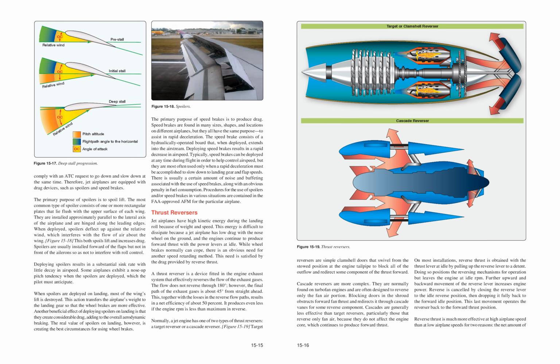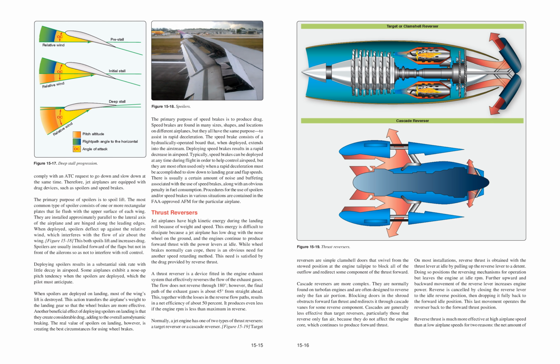Typically, speed brakes can be deployed at any time during flight in order to help control airspeed, but they are most often used only when a rapid deceleration must be accomplished to slow down to landing gear and flap speeds. There is usually a certain amount of noise and buffeting associated with the use of speed brakes, along with an obvious penalty in fuel consumption. Procedures for the use of spoilers and/or speed brakes in various situations are contained in the FAA-approved AFM for the